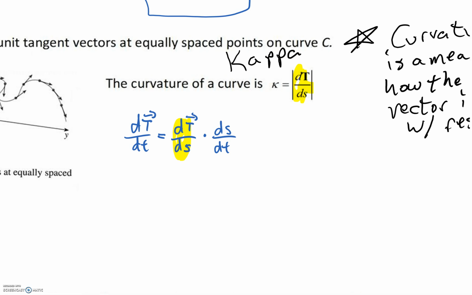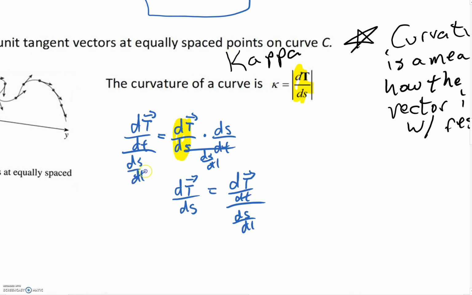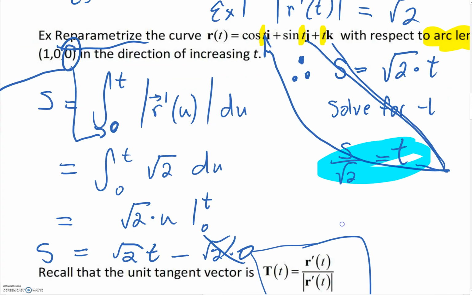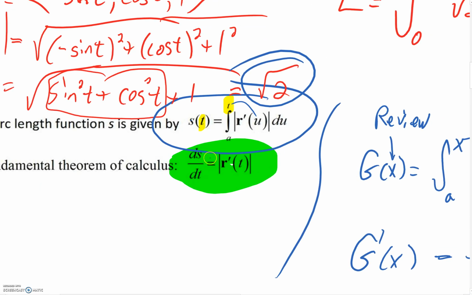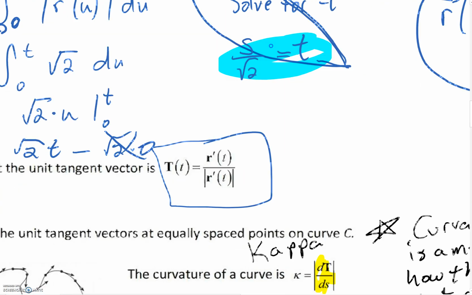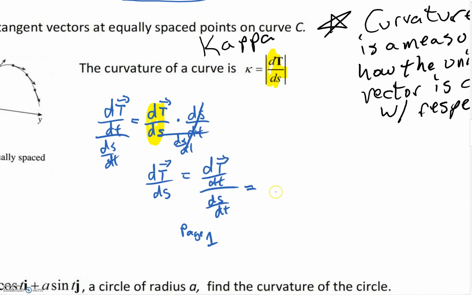We're trying to get that alone. So what we'll do is, let's get this by itself. You could say we'll divide both sides by ds/dt. So, I do this, these wipe out, and you can see where we're going. But recall from page 1, remember I made a big to-do about that. ds/dt is really the length of r prime of t. So we're going to say down here,